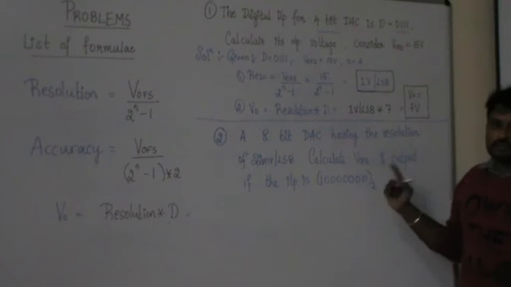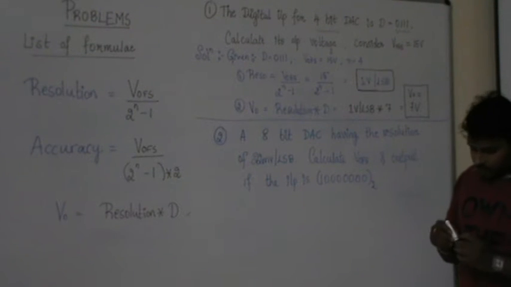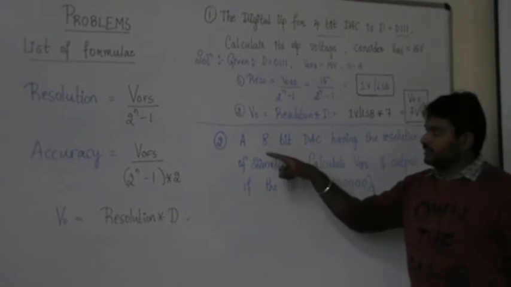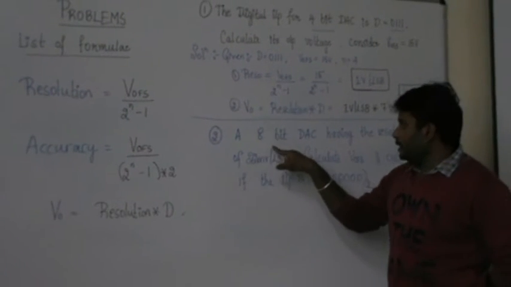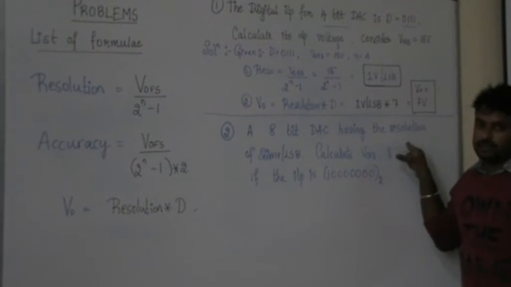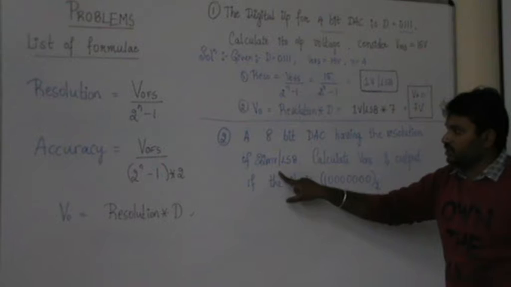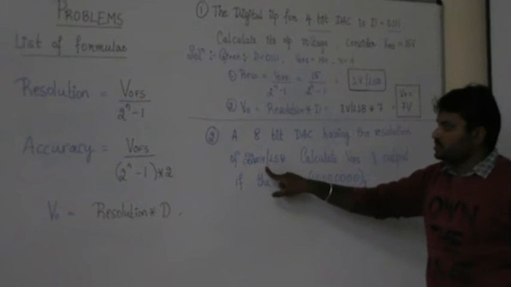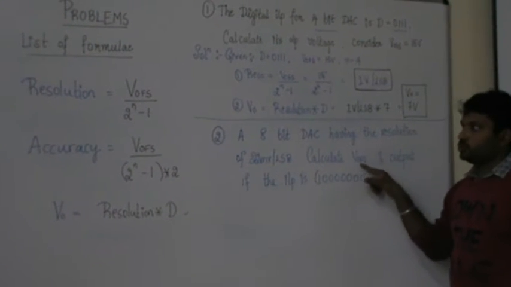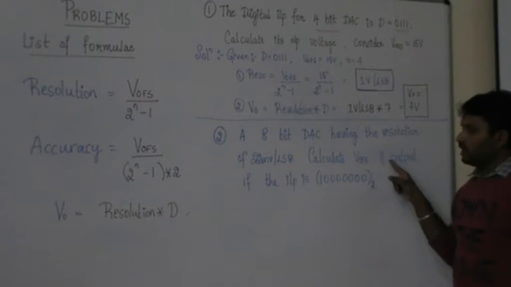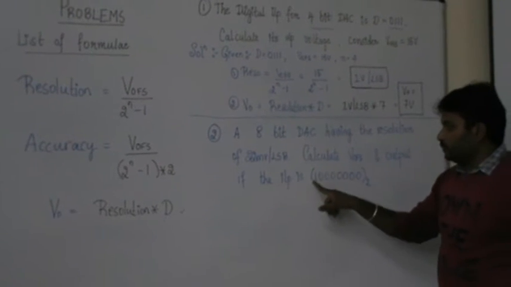Let us solve the second problem. Before solving it, what is the question they had given? This is an 8-bit DAC, having the resolution directly given as 22 millivolts per LSB. Calculate the V0Fs and the output voltage if the input is